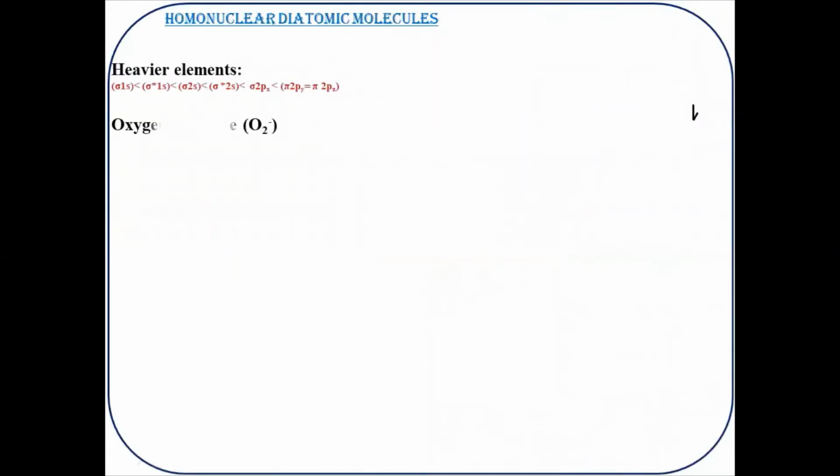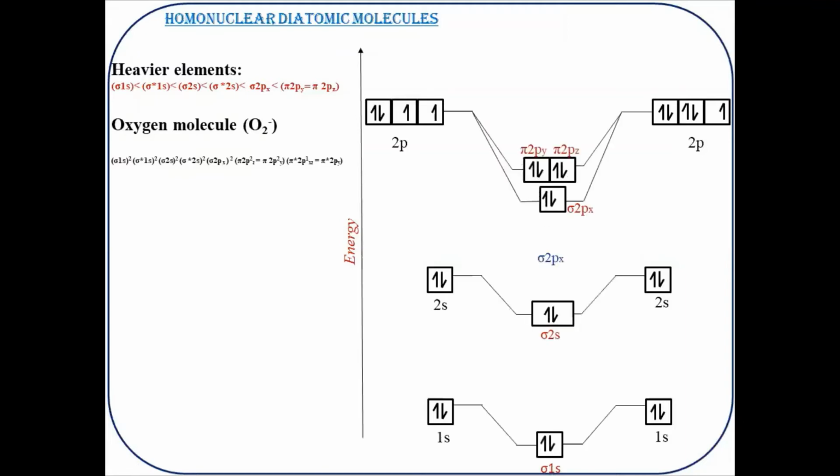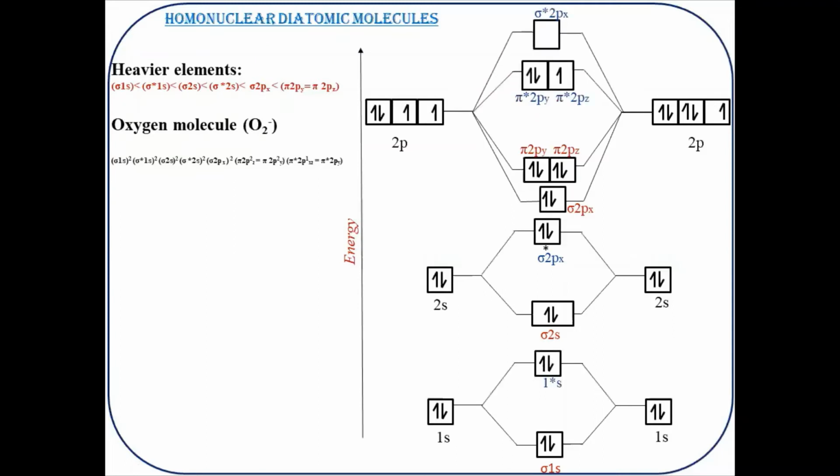Next, we have the oxygen ion, which is O2 minus. So this time we have a negatively charged species. A negatively charged species means one of the oxygen atoms has an extra electron as compared to the other neutral atom, and the electrons from these atomic orbitals will definitely go to the molecular orbitals first. They will fill up the molecular orbitals first.